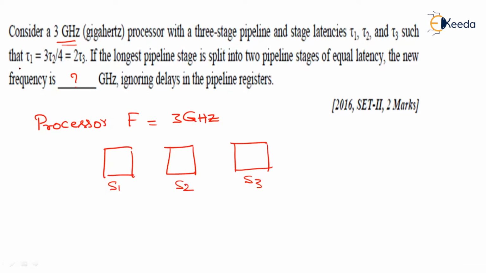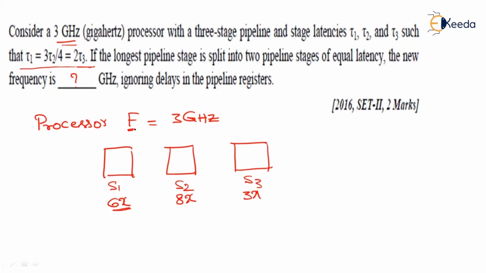If you look at this, and take a cancellation factor, that is 3, you can imagine that stage 1 latency is equal to 6x, stage 2 latency is equal to 8x, and stage 3 latency will be 3x. Looking at this, you know that the stage 1 latency is 3/4 of 8x and twice that of 3x. Of course, 6 is 3/4 of 8 and twice that of 3. Okay, so this is the thing.